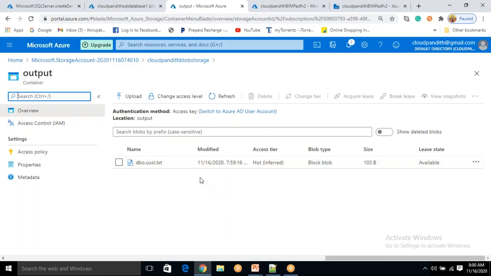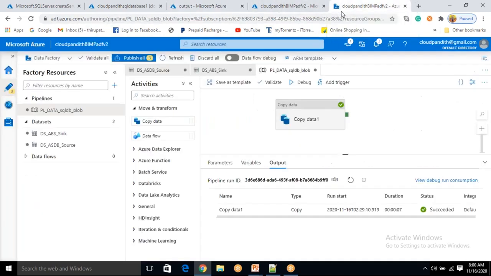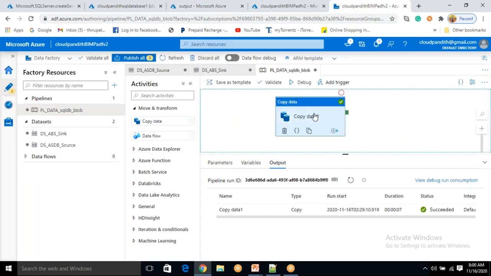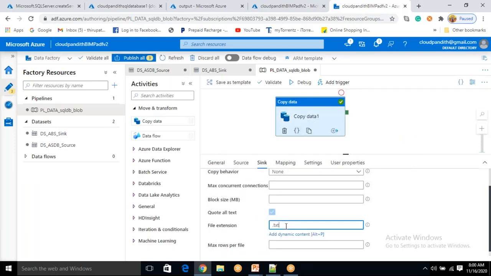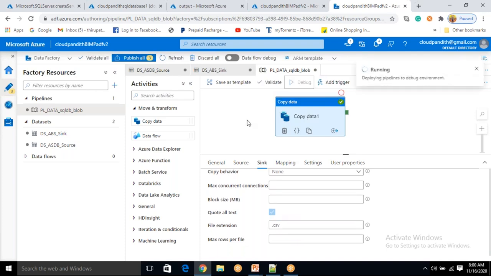Can anybody tell me, we selected CSV, but why is it .txt? We have corrected this particular mistake multiple times. The file type is text inside the file, so by default it will be .txt. If you want .csv, you need to mark it as .csv. Then you just click Debug once again. Now what will happen? You see,